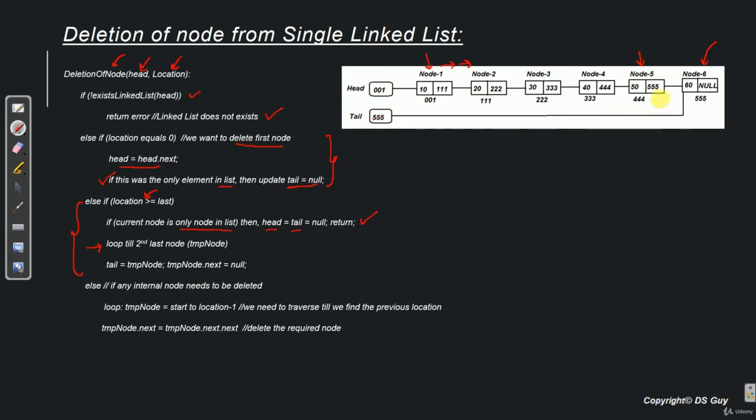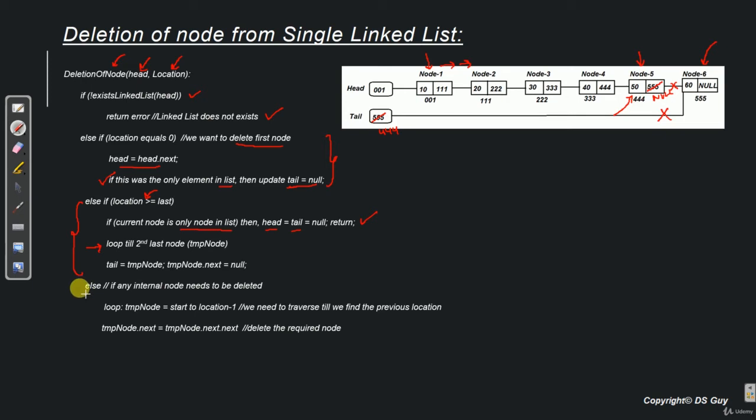So now all that we have to do is update the reference of node 5 with null, indicating that there are no more nodes after node 5, and we have to also update tail. We have to update it to 444 instead of 5. So this will automatically start pointing to node 5 now, and the link between tail and node 6 gets destroyed. So now node 6 is not being pointed to by any of the references, so it automatically gets destroyed.